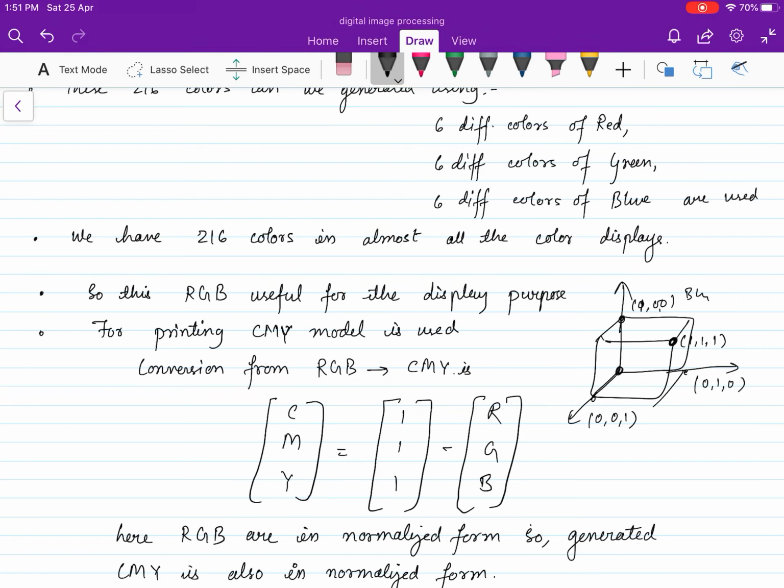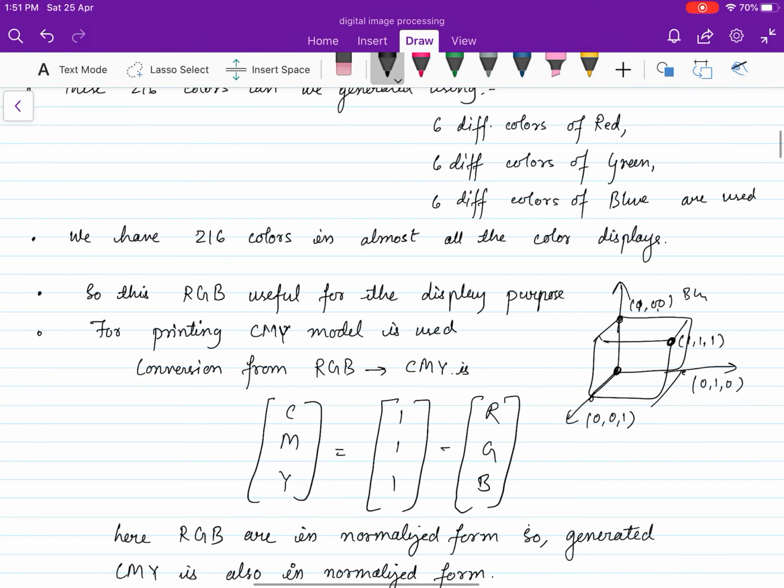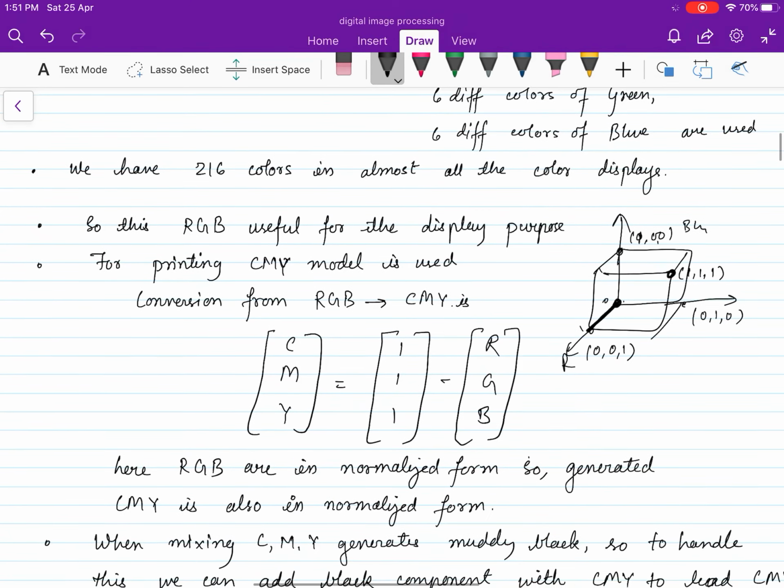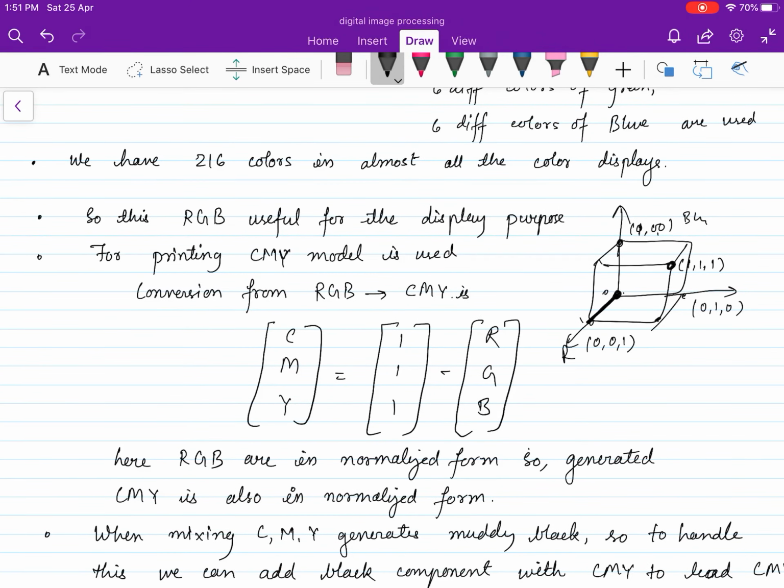And 000 was representing black, so the colors were in between this range. Red was in the range 0 to 1. Similarly blue was in the range 0 to 1, so color was normalized between 0 to 1, and RGB was a coordinate represented using a coordinate system.